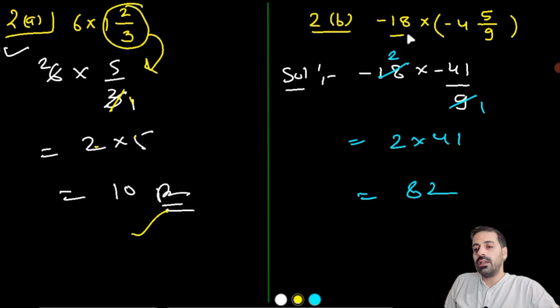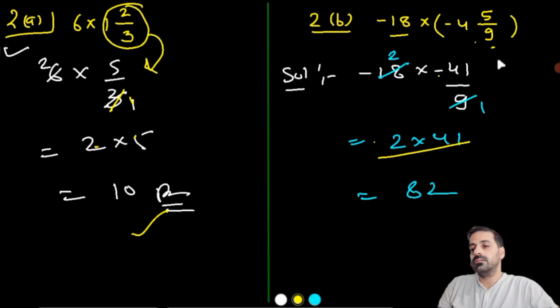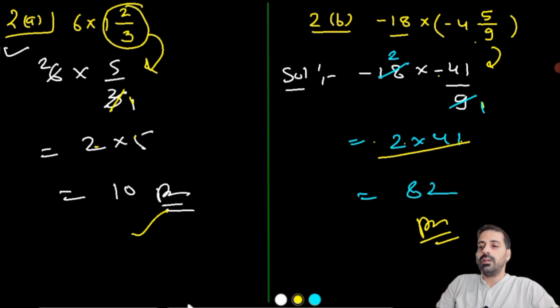Here again negative 18 and negative. This is an even times multiply of two rational numbers, so it is always positive. So I forget to apply the negative sign here because it is positive. Now I open this. After opening this we have negative 41 upon 9. So 9 ones are 9 and 9 twos are 18. So we have to multiply 41. So the answer is 82.